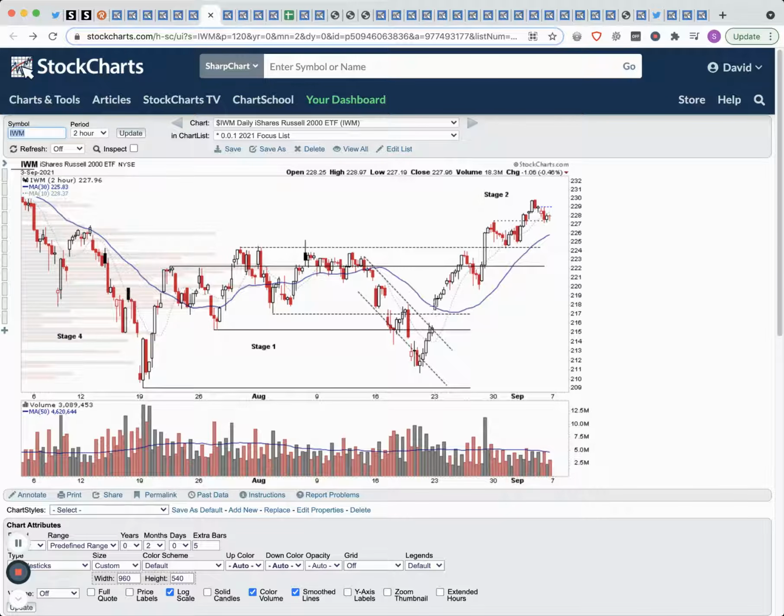There wasn't a single negative day, so it's 2-hour bars for a couple of days there, with only one negative bar, and then a minor pullback at the top of the range in the peak liquidity zone before this sign of strength bar on heavier volume. So we've got our stage 2 breakout there, and then it's grinding up in early stage 2 at the moment,